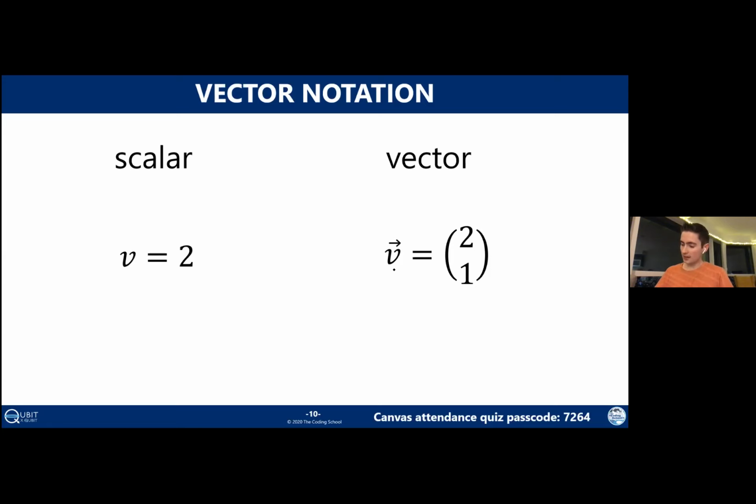Remember, we also talked about how there was another way of representing a vector. Obviously, you can put this little arrow over it and everyone's going to understand that you mean v is a vector. But another valid way to do it is to write it inside a ket symbol. And so this is why when we write qubits, we write them with kets. It's to indicate that it is a vector.